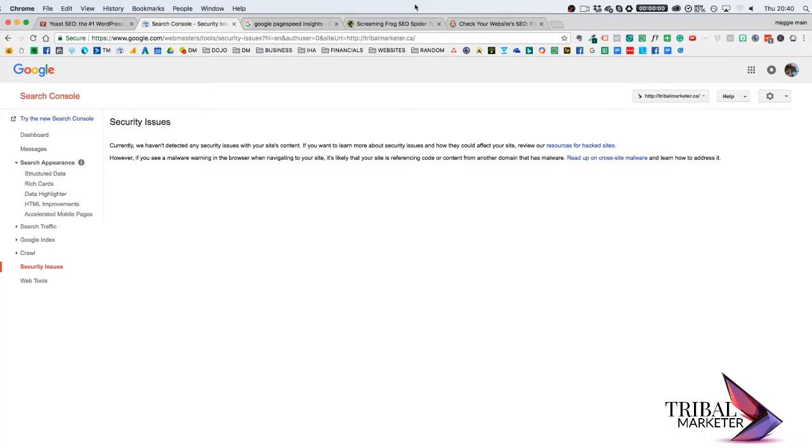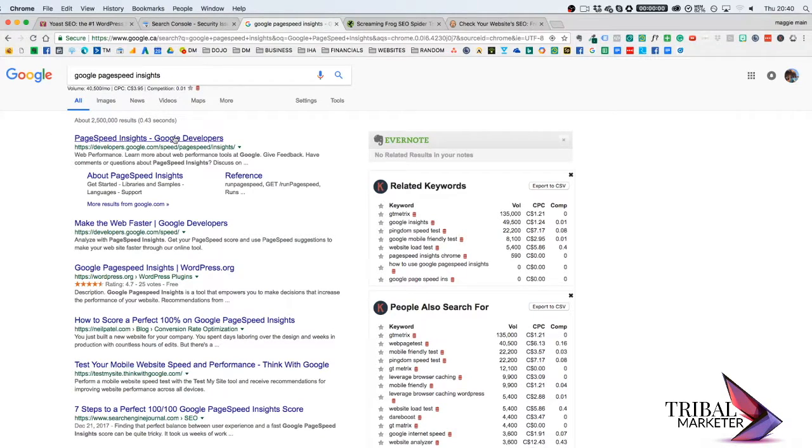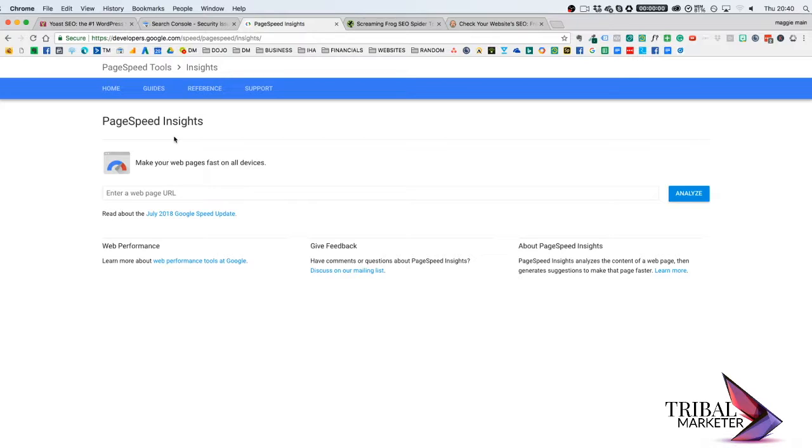The next thing on our list is Google PageSpeed. Google PageSpeed Insights shows how fast your website loads. You go to Google PageSpeed Insights, input your URL and hit analyze, and it will analyze your website and show the page speed for desktop and mobile. If your speed is red or orange, then you need to fix something on your site. It also shows optimization suggestions that you'll need to make for both desktop and mobile devices, which are now 2